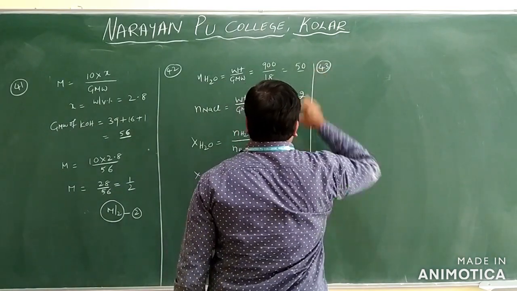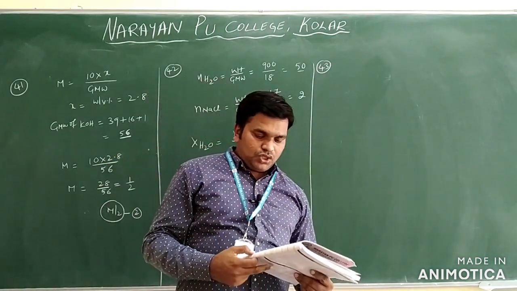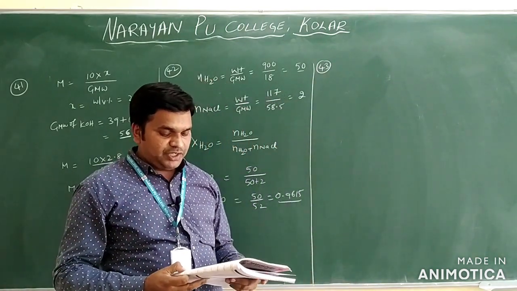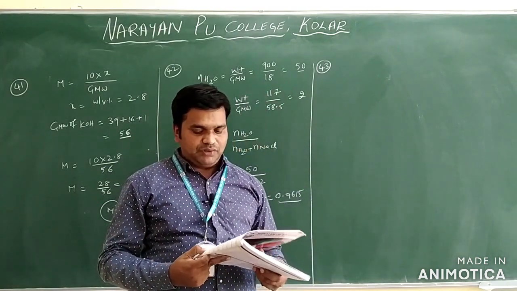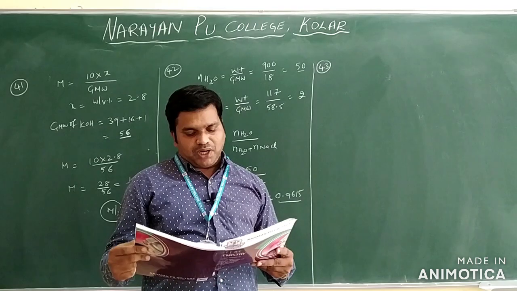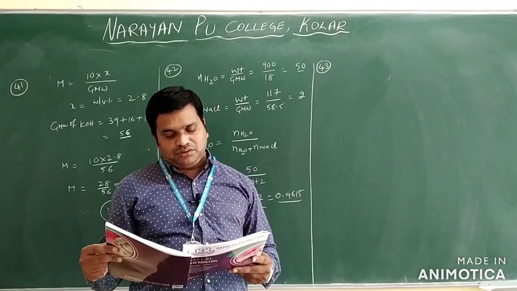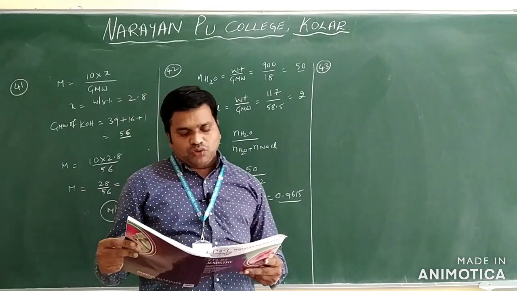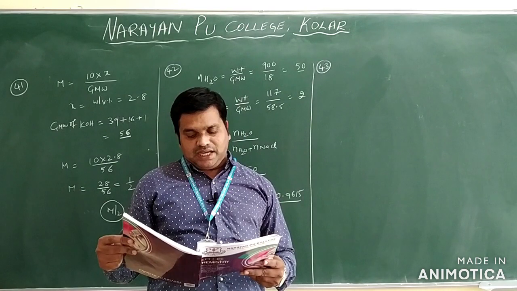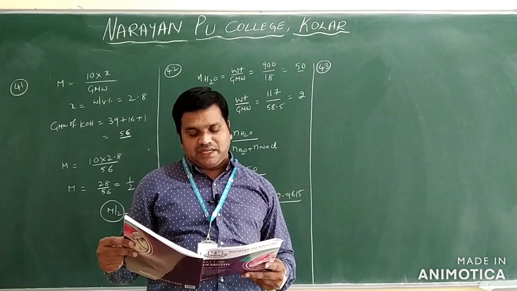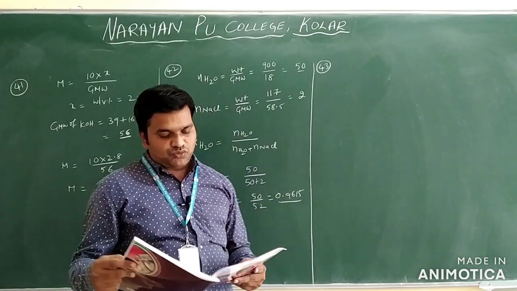Next question you can see, question number 43 we have. 250 ml of 0.5 molar KCl is diluted with 500 ml of the solution. The number of chloride ions in the resulting solution they want to ask only. 250 ml of 0.5 molar KCl is diluted with 500 ml of the solution. The number of chloride ions in the solution we have.